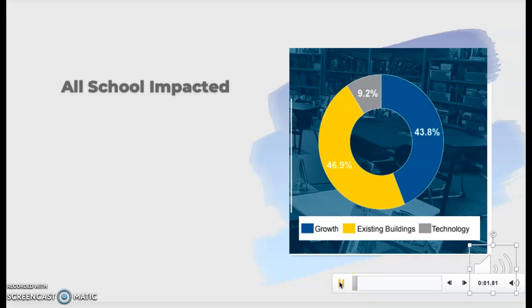So as you can see in this percentage diagram, all schools are impacted, and the bond is mostly needed for the existing buildings, for the renovations needed because they need to be brought up to date with the new buildings. And then there is growth. Leander ISD continues to grow, and so that is showing a need for new facilities. And then the technology devices, which is bringing those old schools up to the existing schools to be able to enhance school learning.